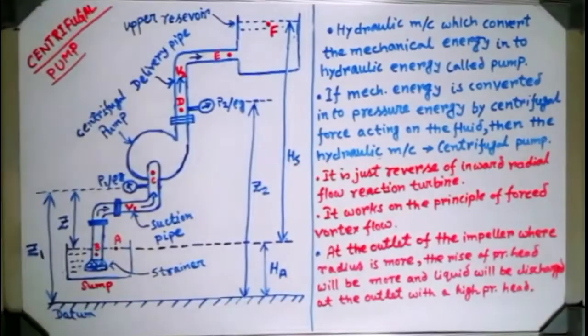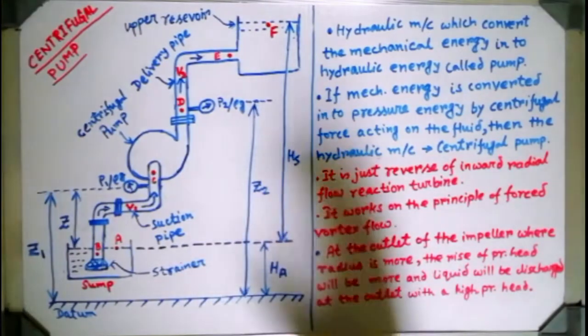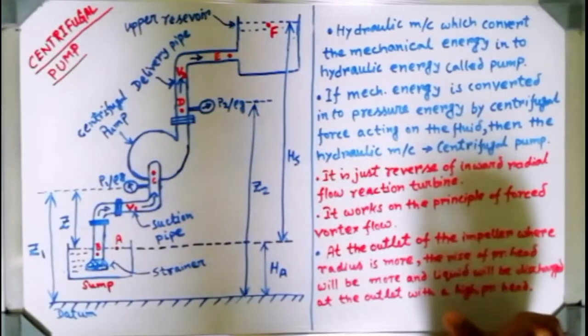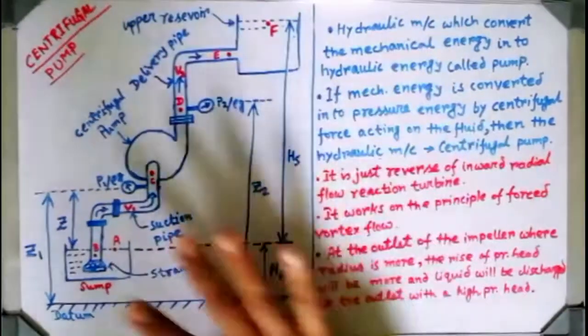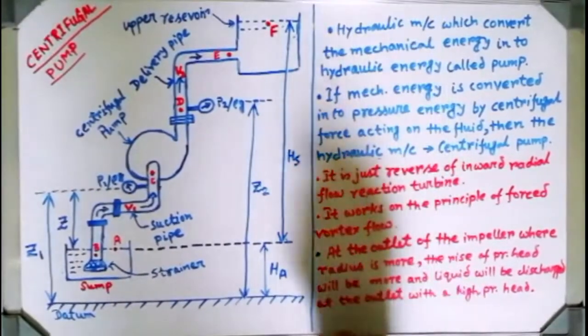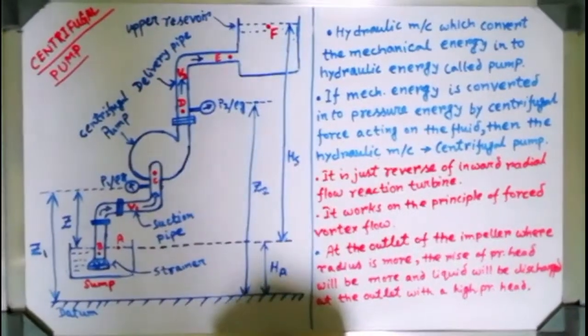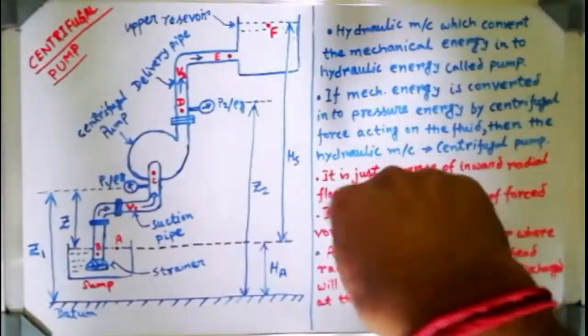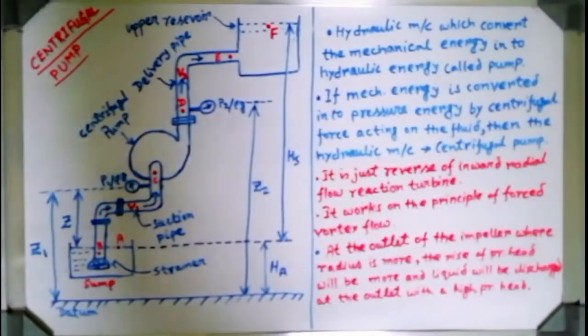So what is that forced vortex flow? Vortex flow, I think you people have seen commonly. A kind of vortex flow you can see in your kitchen sink. Suppose a kitchen sink is filled with water, and the drain is suddenly opened. When the water is going out from the drainage, you can see a kind of vortex formed at the point of that particular drainage point.